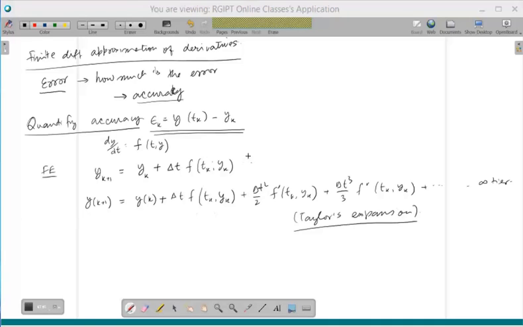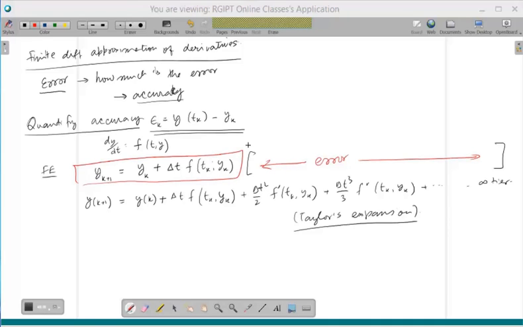So my error is basically what I'm ignoring here. This is my computed value, and this is my exact value. I have truncated this series at this point, and whatever terms I've ignored will lead to error. So in general, you can say that